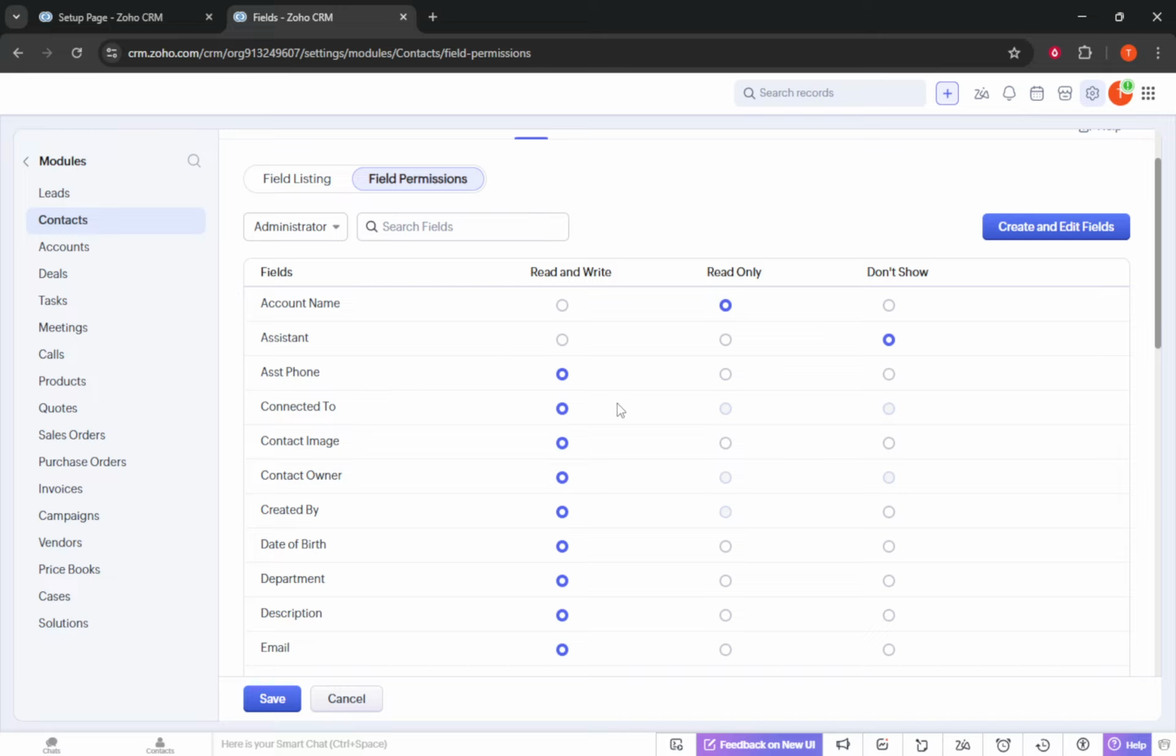After setting the right level for each field, make sure to save your changes so they take effect. These permissions apply to all users assigned to the selected profile, so it's a good practice to confirm you've chosen the correct profile and module before saving. Keep your choices consistent with your data policies and communicate changes to teams so they understand what they can see